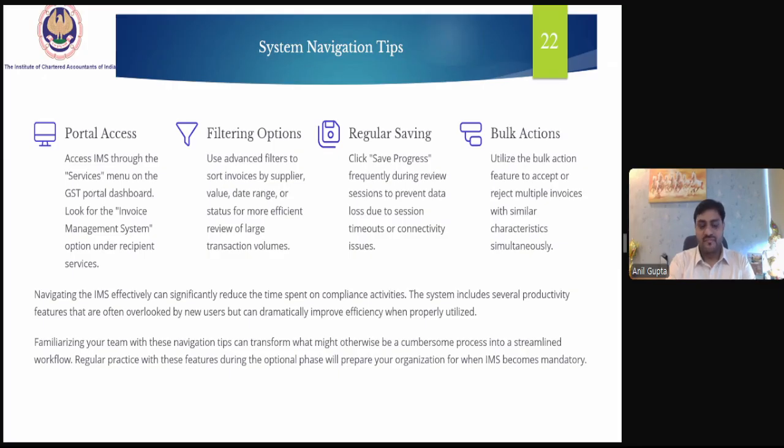Also, familiarize your team with these navigation tips, which can transform what might otherwise be a cumbersome process into a streamlined workflow. Regular practice with these features during the optional phase will prepare the organization when the IMS becomes mandatory.